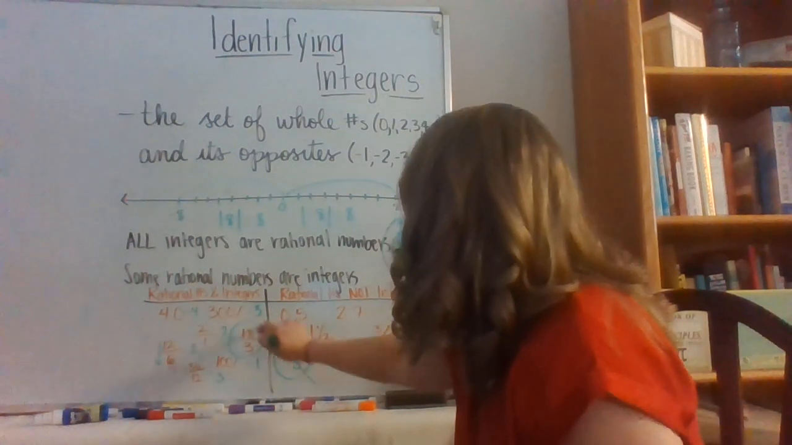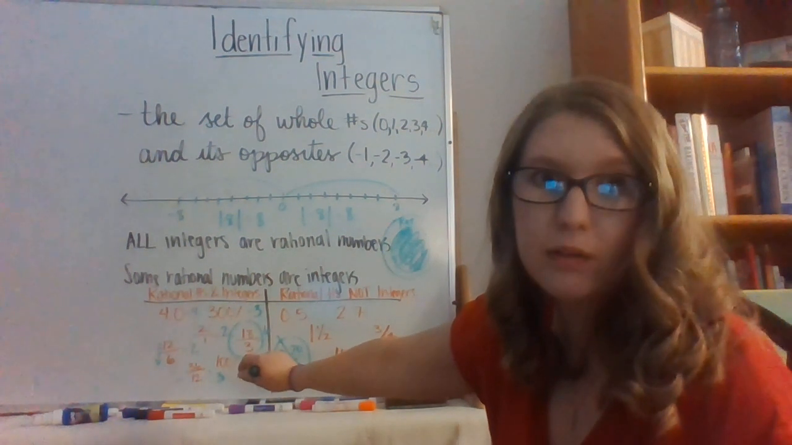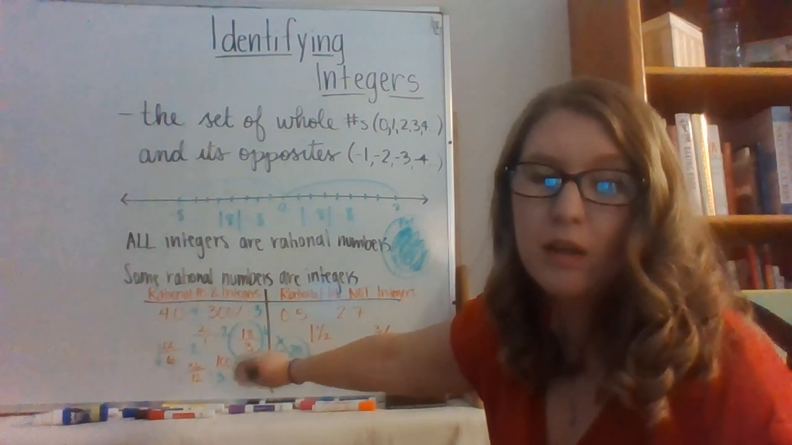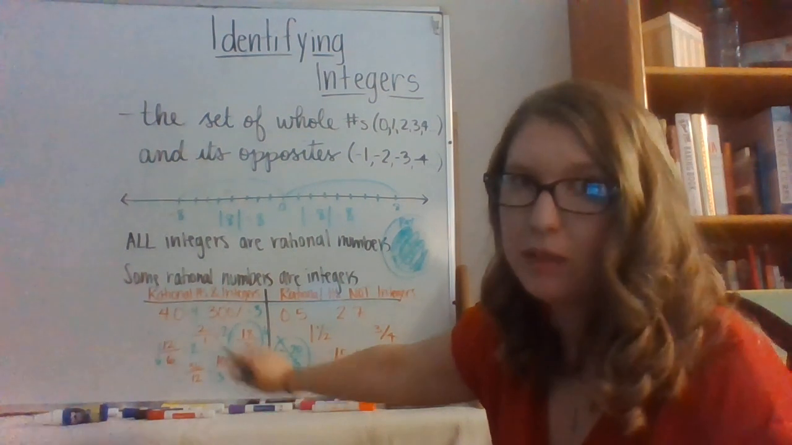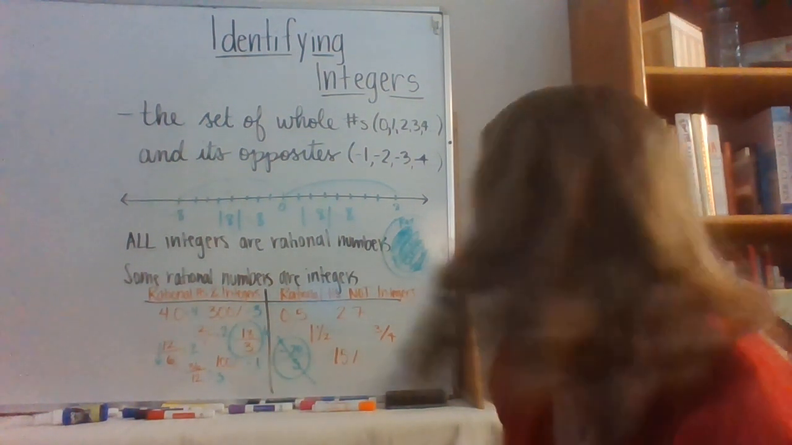And so here, this improper fraction does work as an integer, because it can be divided evenly. So be careful of those little